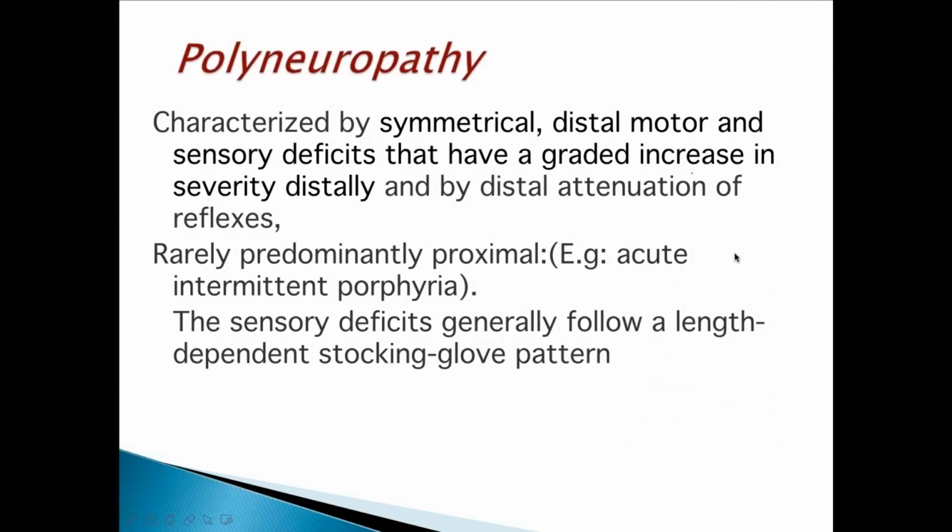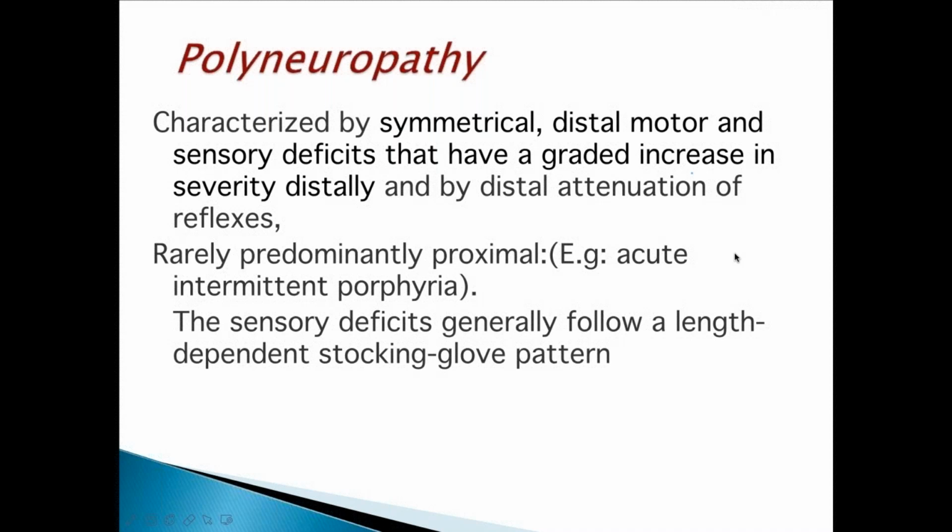Now, polyneuropathy is one of the most common things we face and most likely in diabetics. It is characterized by symmetrical distal motor and sensory deficits. See, diabetes has also patterns, and that is a question which will be asked to you. But as a prototype, symmetrical distal motor and sensory deficit that have a graded increase in severity distally. Usually it is distal, so I told you glove and stocking pattern. Distal attenuation of reflex. There is loss of both motor and sensory power, and rarely it is predominantly proximal, like